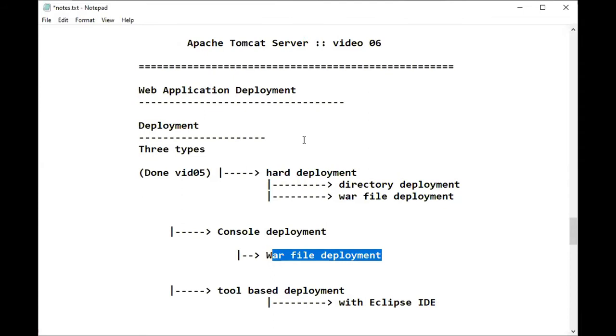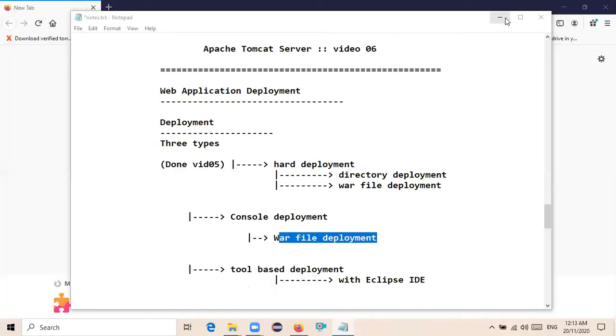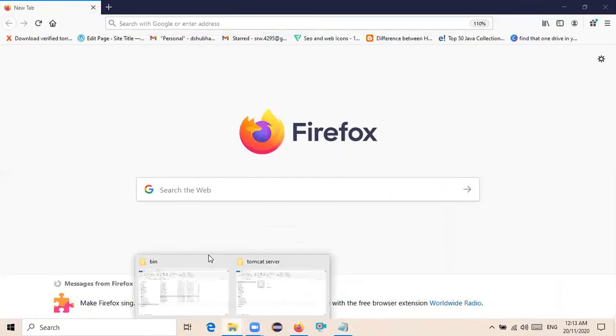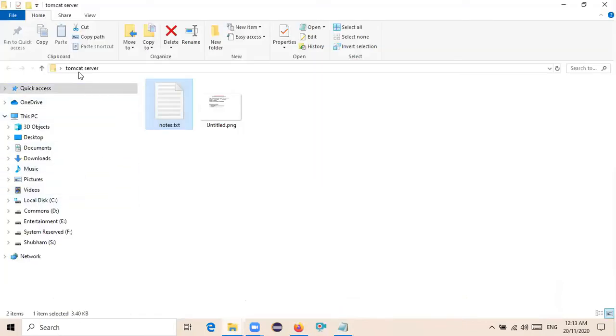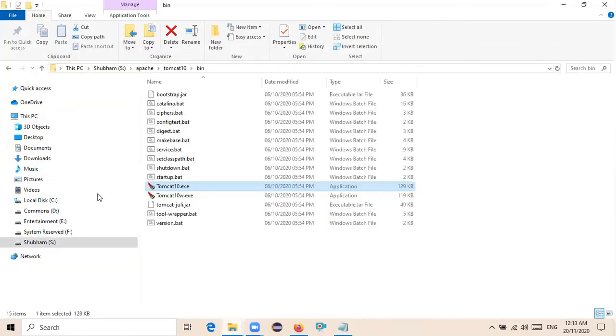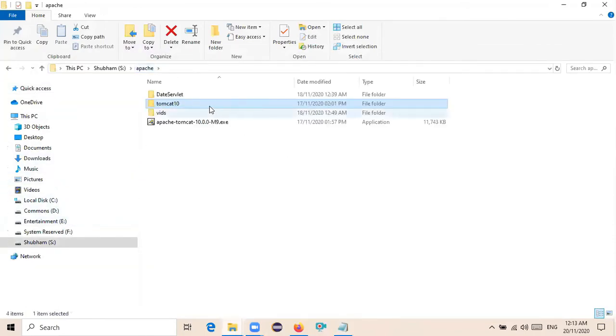Okay, so let's get to the practical part. Let me open my folder location. This is where my Apache Tomcat server is installed. In this Tomcat 10 folder, my Apache Tomcat 10 server is installed. This is the web application which I want to deploy in my Apache Tomcat server. So the first thing you need to do is prepare a WAR file